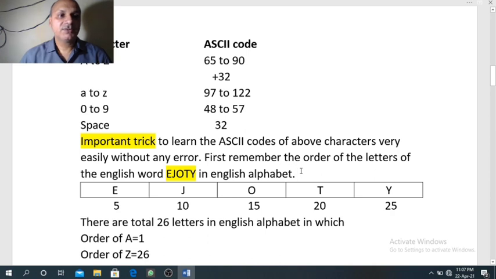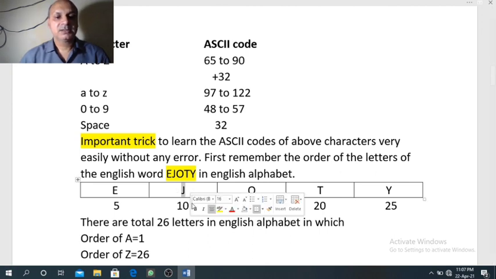So if you start counting from A, B, C, D, E. E has order 5. So at the bottom of E I have mentioned its order, that is 5. J has order 10.